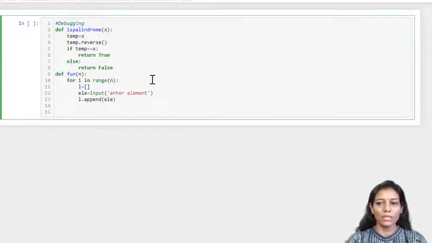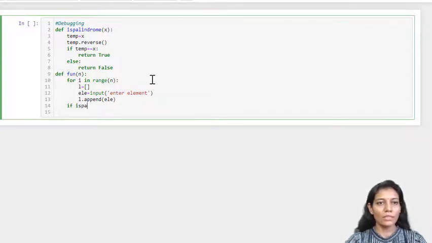Now I want to check whether this whole string which is given by the user, which I have stored in the list, is a palindrome or not. So I'll be calling my is_palindrome function for the whole list.